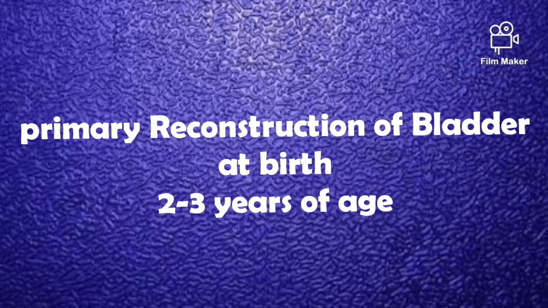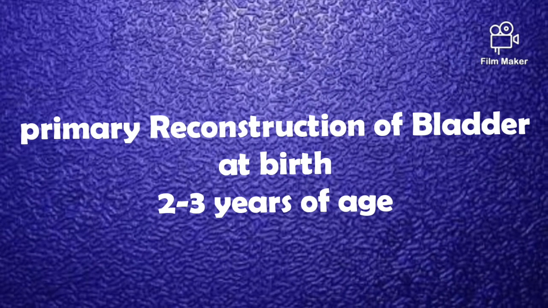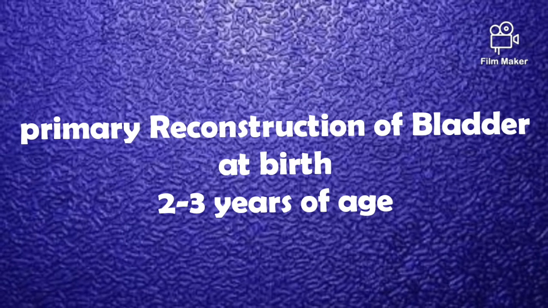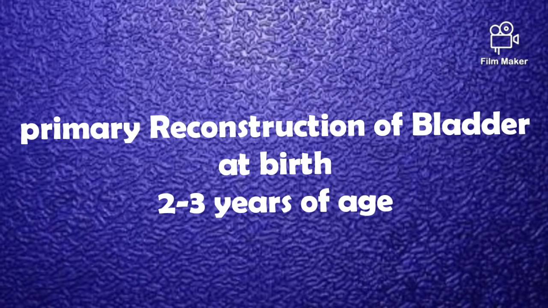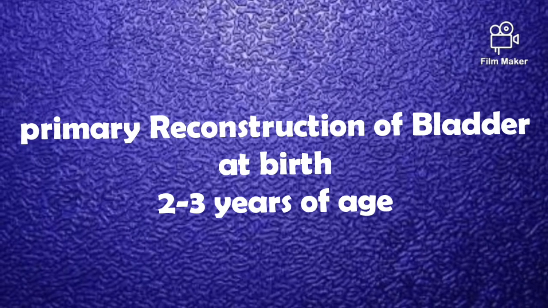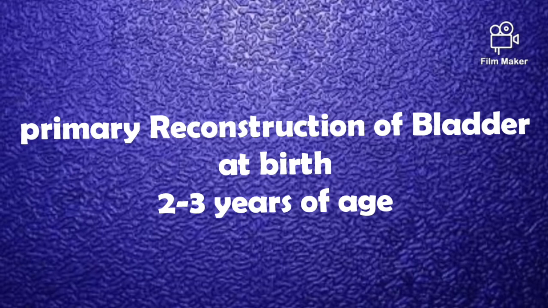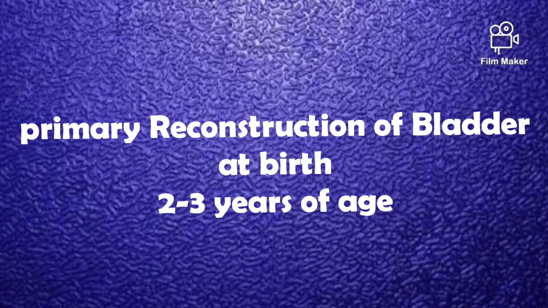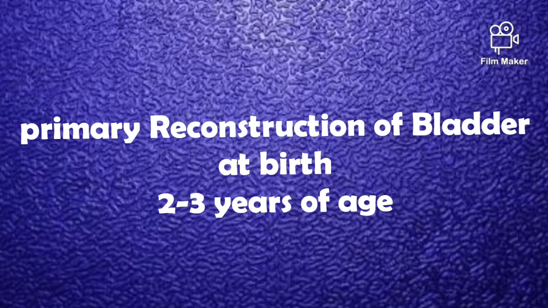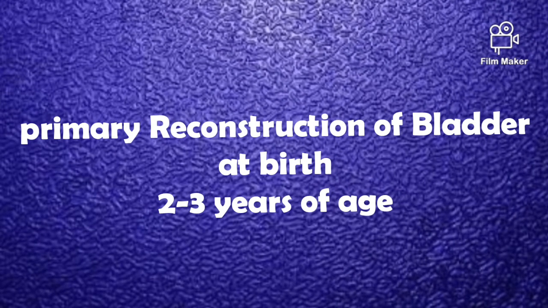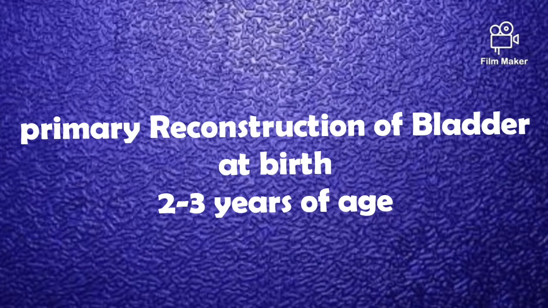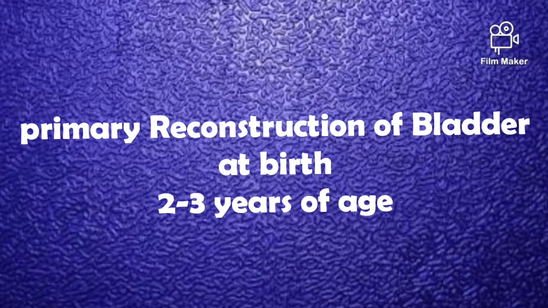When the age group is 2 to 3 years, chordee correction or elongation of the penis is done and paraexstrophy flaps are raised. In this stage the bladder neck is receded into the pelvis following the repair of the bladder neck. Anti-reflux procedure is also done here. Then if continence is achieved and the upper urinary tracts are normal, repair of epispadias is done.